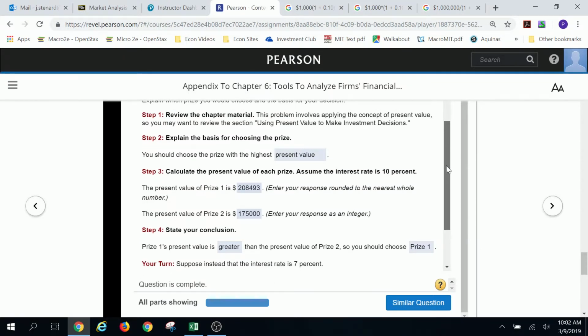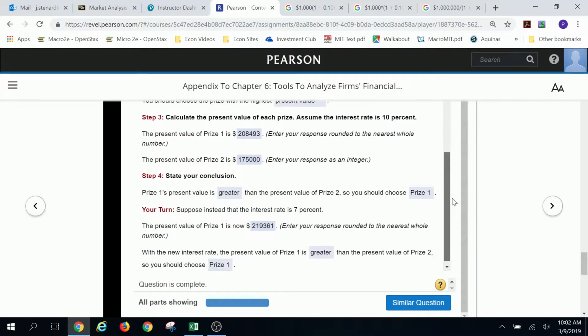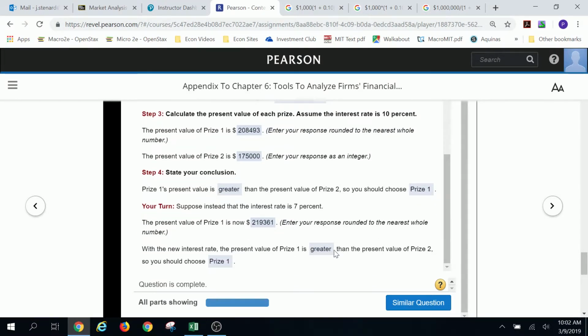Suppose instead that the interest rate is 7%. Well, the present value of prize 1 is now more. And with the new interest rate, the present value of prize 1 is greater than prize 2, so you should still choose prize 1. It would only be if the interest rate went up to, say, 24 or 25% or more that we would find that prize 2 is a better choice, if we knew that the interest rate would be